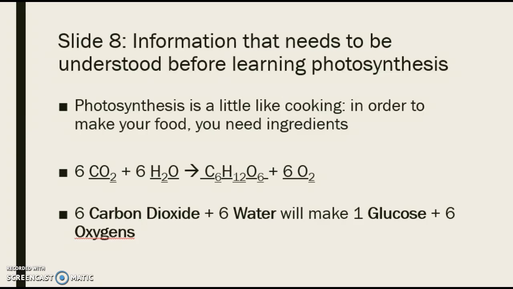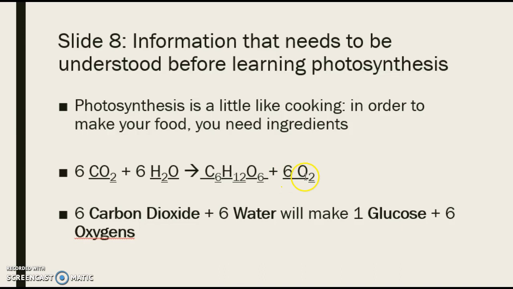So what exactly is photosynthesis? Well, here's the chemical equation for photosynthesis. If you're not familiar with chemical equations just yet, don't be too concerned about it. What we need to know, though, is that there are two sides in a chemical equation. There's the before, and then there's the after. So how this is actually read would be right down here: 6 carbon dioxides plus 6 molecules of water will make, which is what this arrow is indicating, 1 glucose and